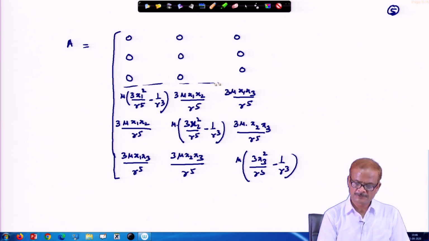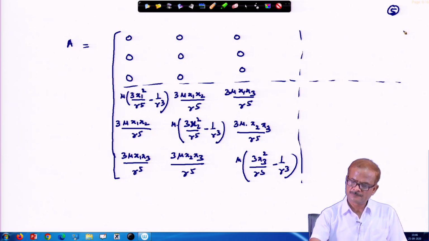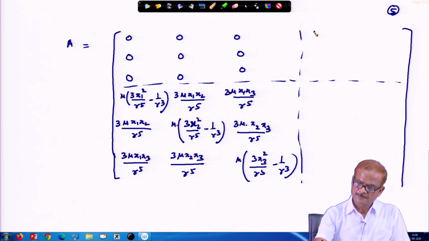Okay, so, this constitutes your 9 into 9, 18 elements, and rest of the elements are 1 0 0 0 1 0,